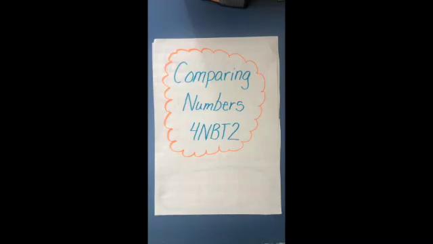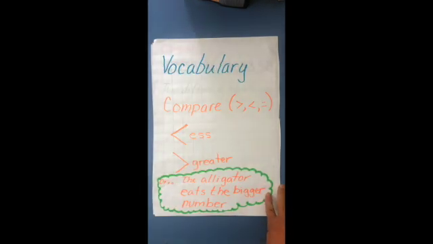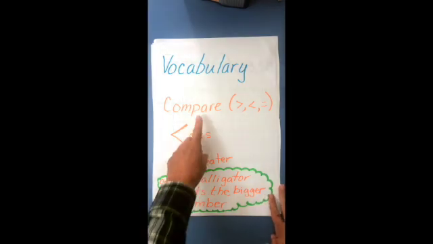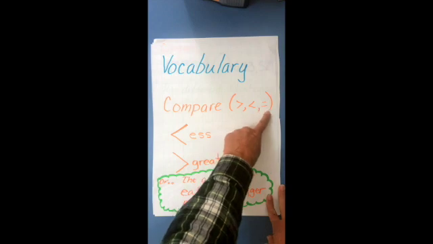All right, this is a video on comparing numbers and its Common Core standard for NBT2. The vocabulary today is obviously to compare. To compare just means you're going to find out whether the number is greater than, less than, or equal to